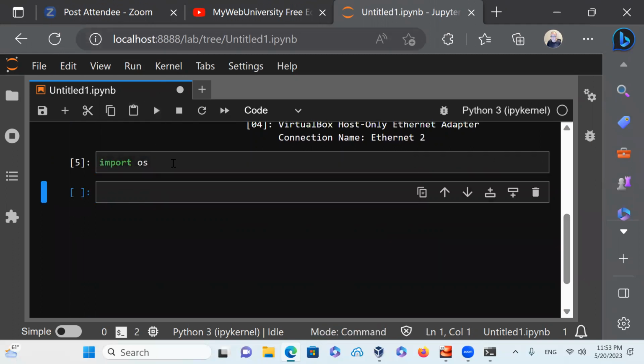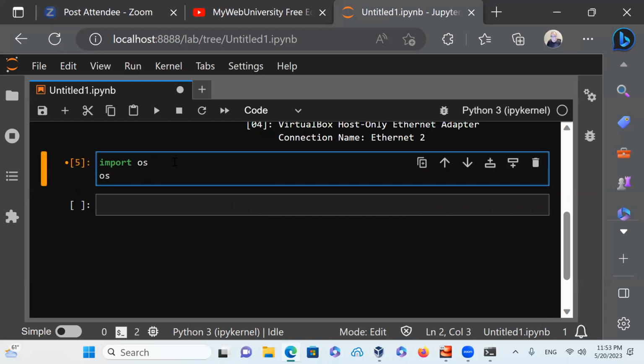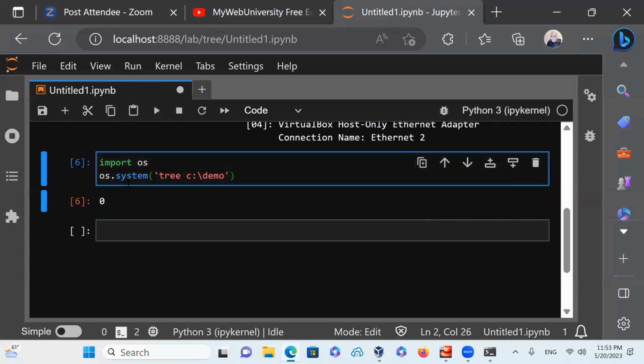Notice once I do os, if I say os.system and run the command inside, let's say dir on C colon demo directory, and that is good enough. If I run this command, it says that it's successful, it returns 0, meaning that this command ran,